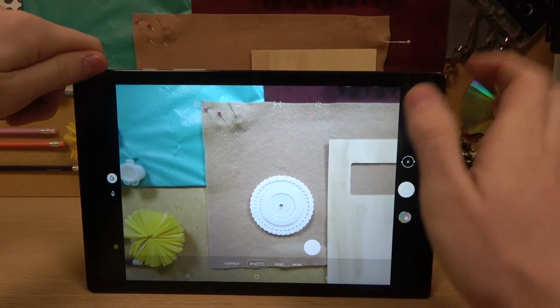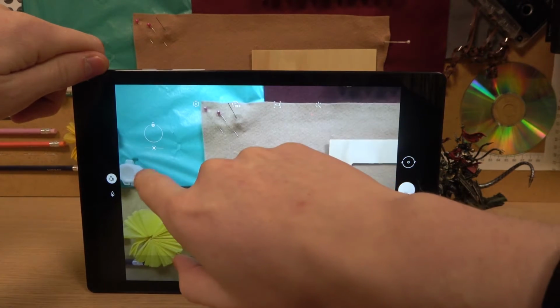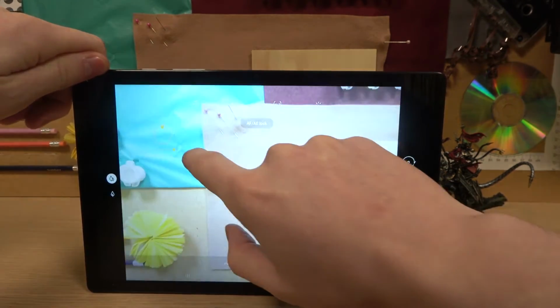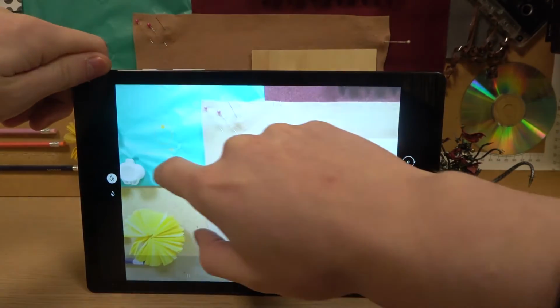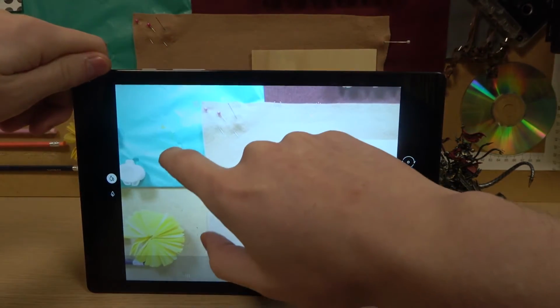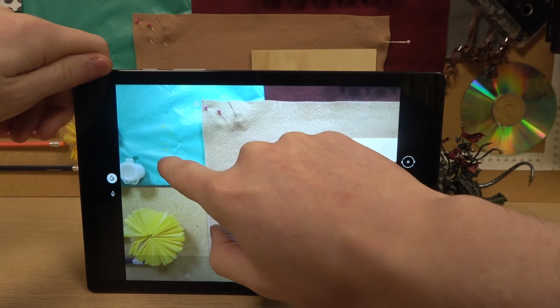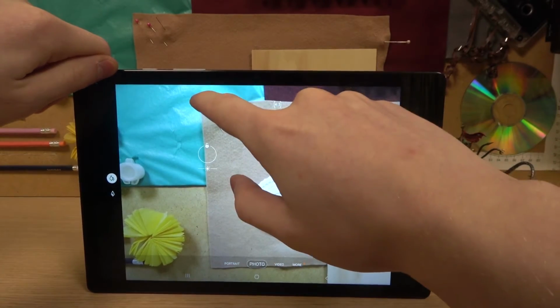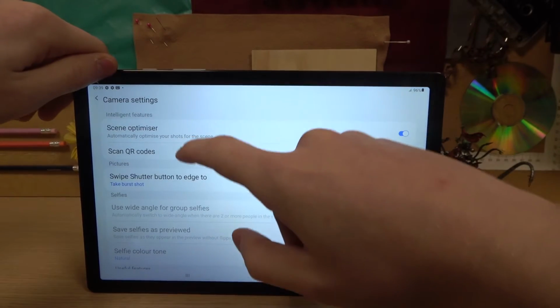The next option is to select somewhere on the screen, just press it. You can lock it as well and change the brightness easier, like that. Pretty nice. The next option is actually to show you the shutter, and just press on the settings button,